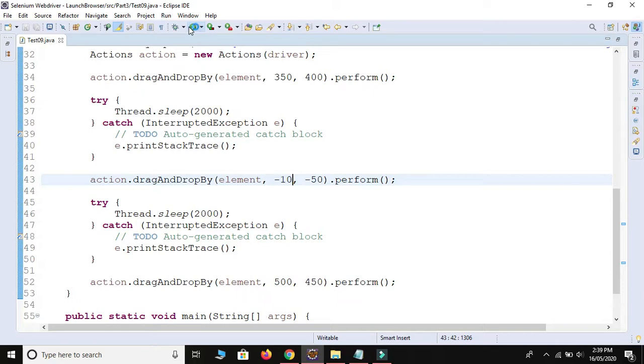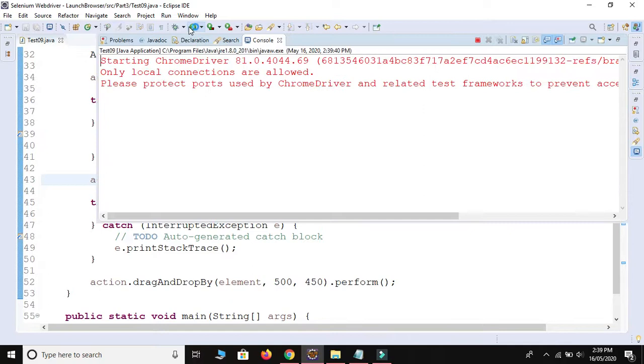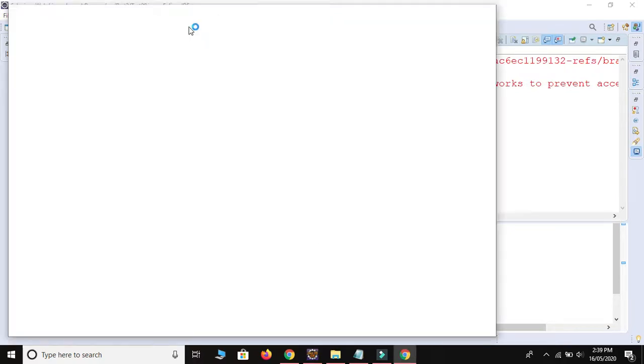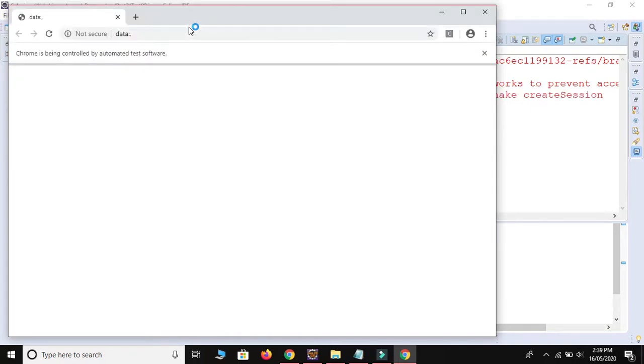See what we get. Execution is started. Okay, resize. Then again change -10.